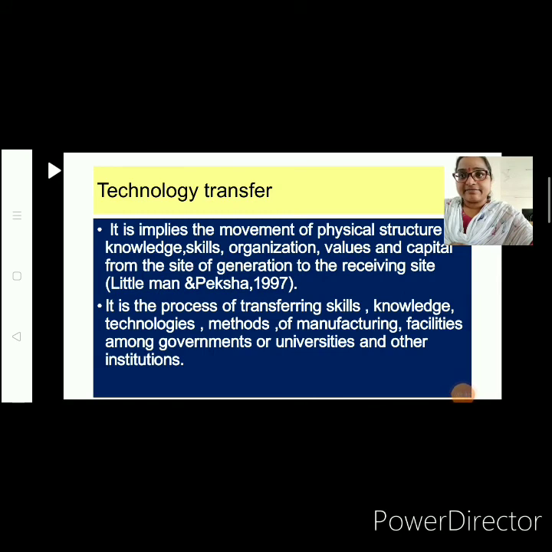So in the second definition, transfer of technology always utilizes the skills, knowledge, technologies and methods which we use for the formation of new ideas, or the creation of new methods. So with these methods our time will be utilized less. Next, hazardous activities are there, we can carefully handle them, and that is why we are using the technology. So these different technologies are there for the benefit of the utilizers or consumers.